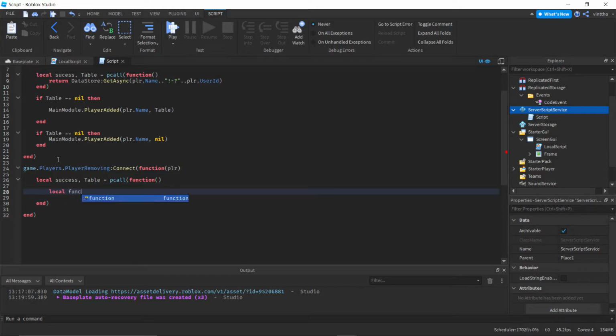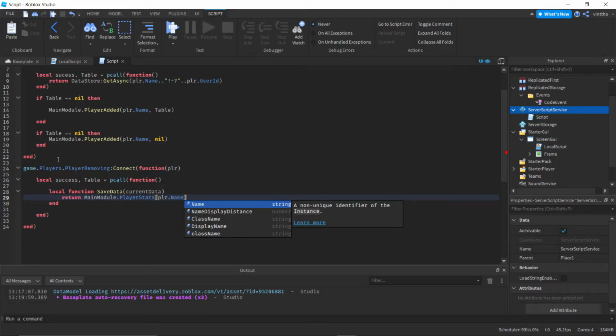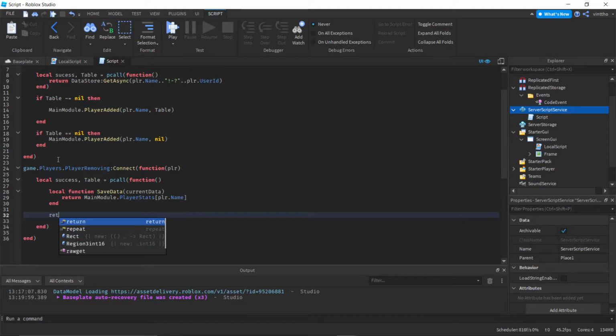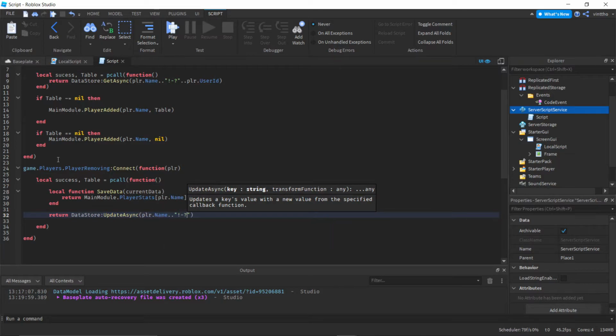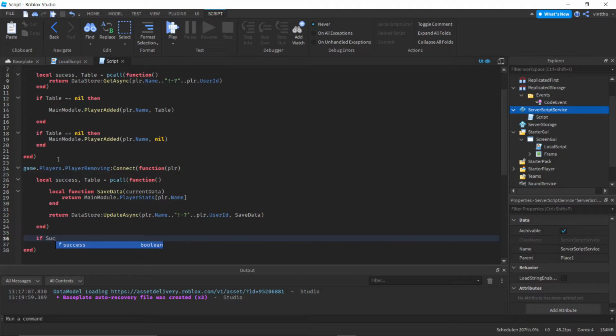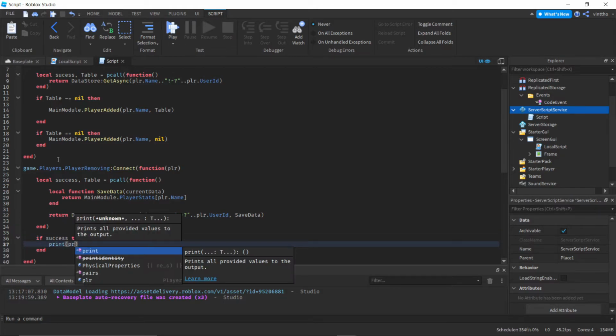Local function saveData currentData, return mainModule.playerStats plr.Name, and then return dataStore:UpdateAsync plr.Name .. exclamation point question mark .. plr.UserId, comma saveData without the brackets. And if success, then print plr.Name